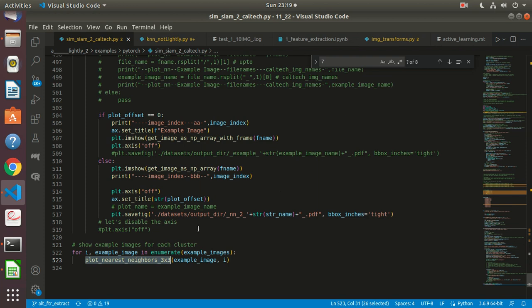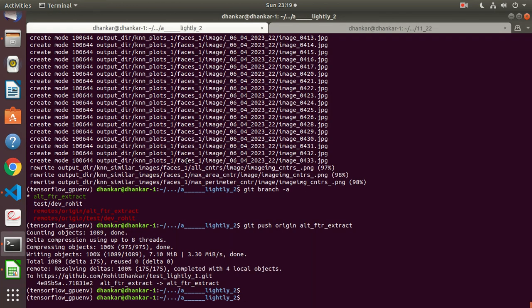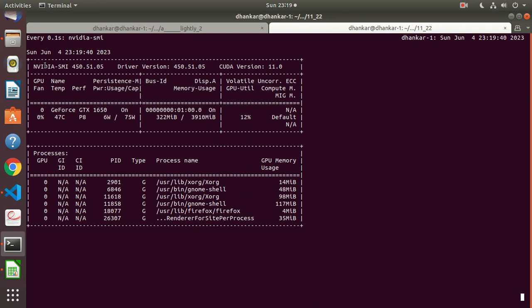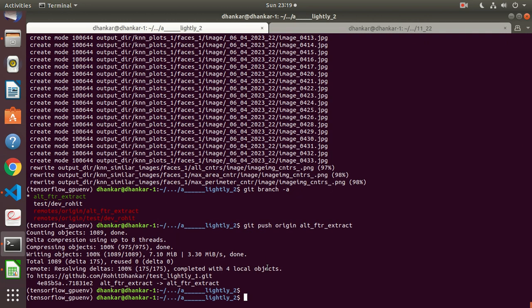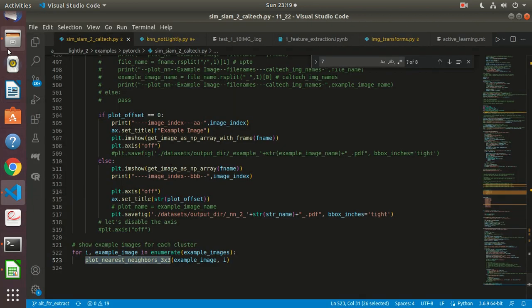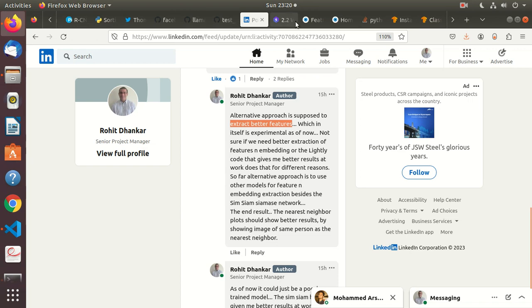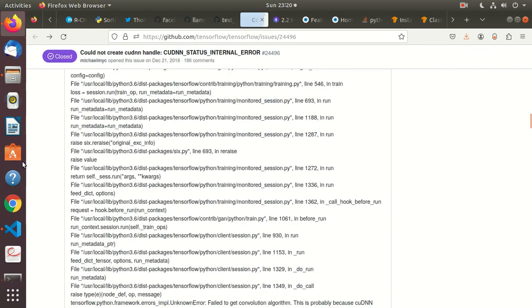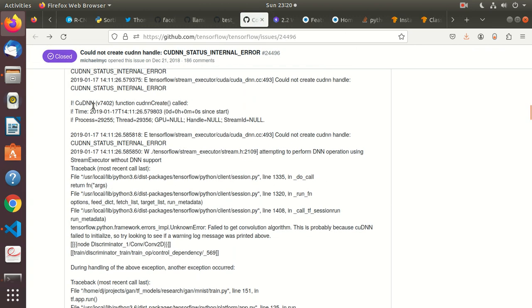or maybe my GPU is rotten. This is what I have as my GPU. I've shared this earlier also. Maybe my GPU is useless and it is not good enough for the lightly code, not good enough for the SimSiam model. So those are the thoughts that I had in mind, and because of those thoughts, I have gone ahead and created the separate code over here and started exploring how I can possibly